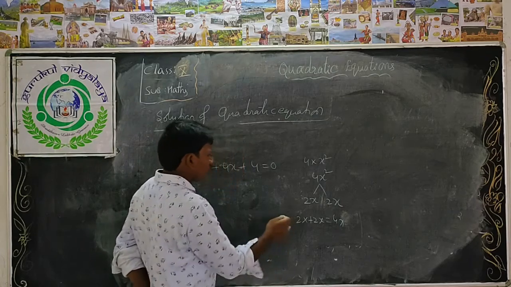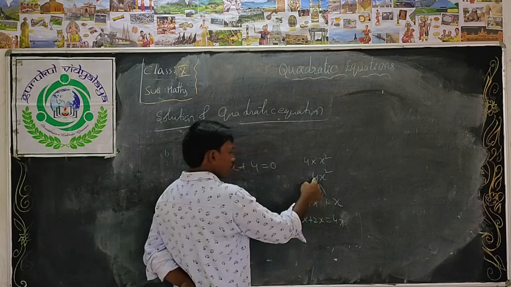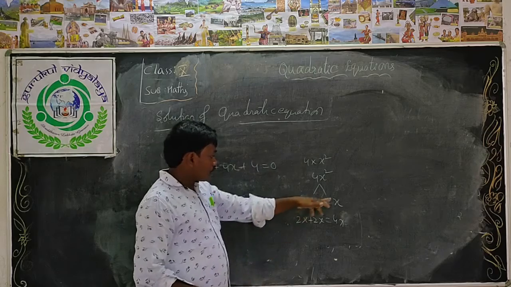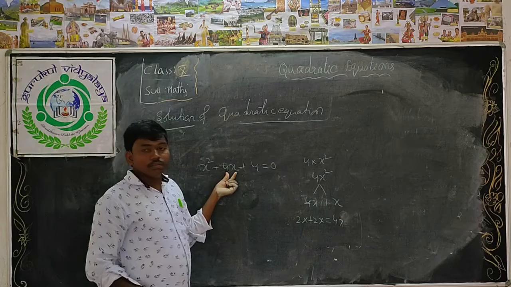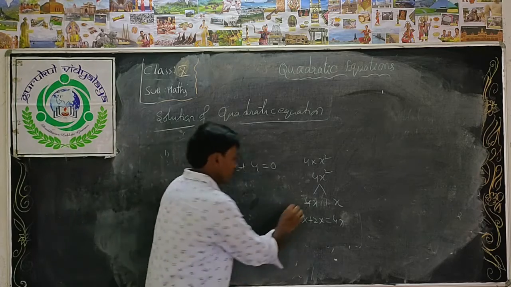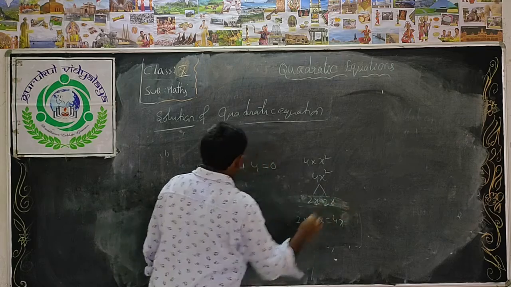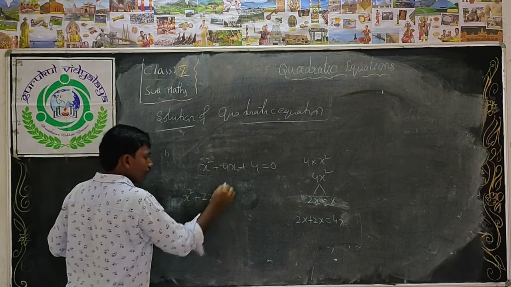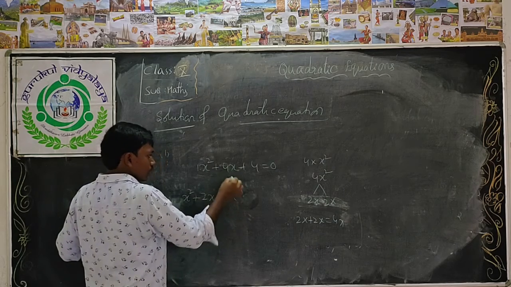That is the splitting method. Otherwise I will take another one. For example, 4x and 1x. 4 ones are 4, x and x, 4x square. That is correct. But add or subtract, 4x minus 1x is 3x, 4x plus 1x is 5x. But what is the middle term? 4x. So it is not. What is it? Only 2x and 2x. See the children, x square plus 2x, the middle term will be written as 2x plus 2x, 4x